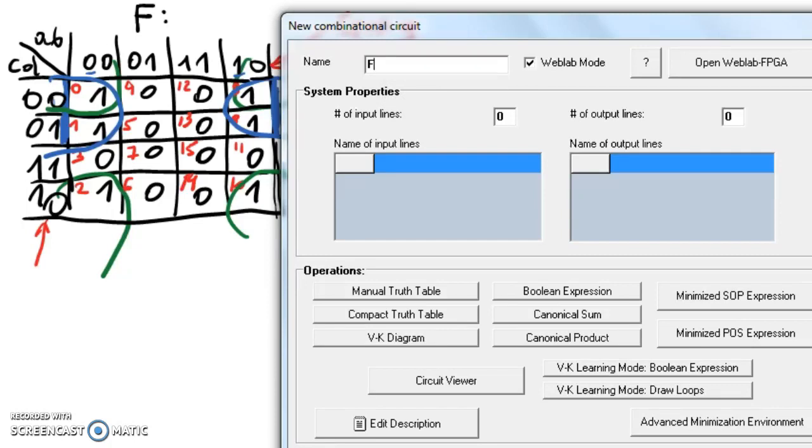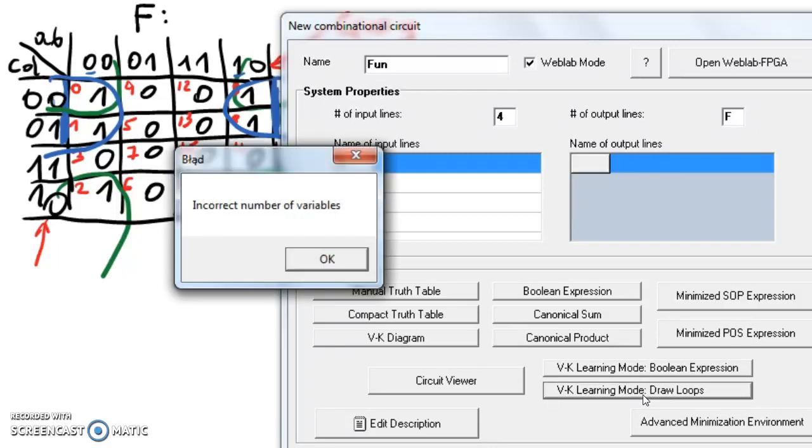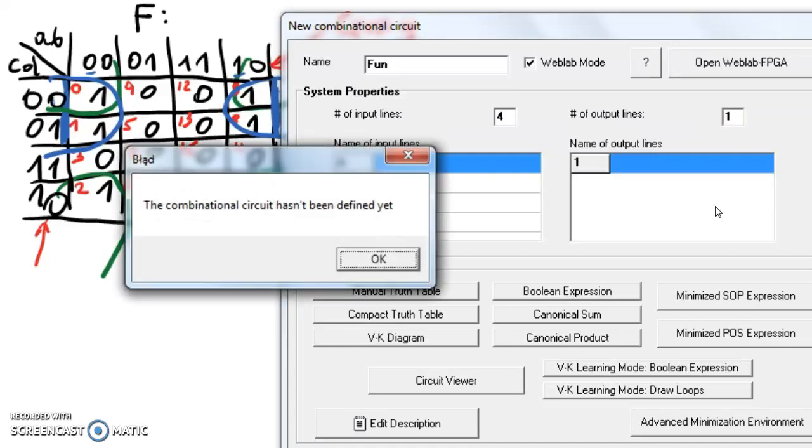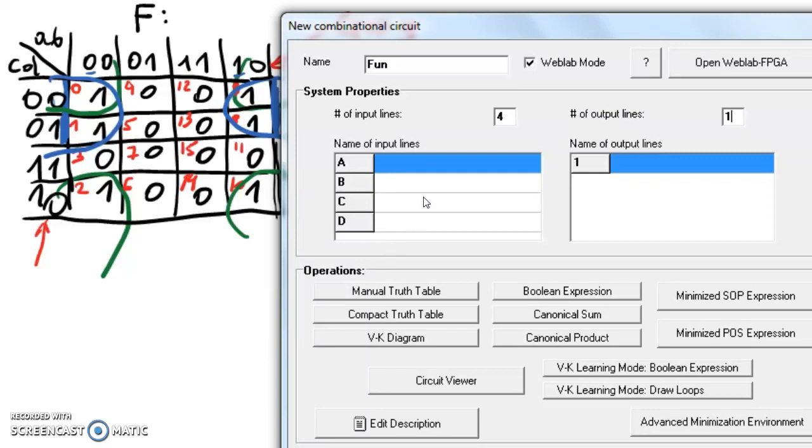So let's name the function f. As we had, the number of inputs, as you can see, are 4, A, B, C, D, and the same are proposed by the software. And the output, let's say F again. Let's name it fun. The output is F, and we are going to learning mode. Draw loops. The combination is defined. So now